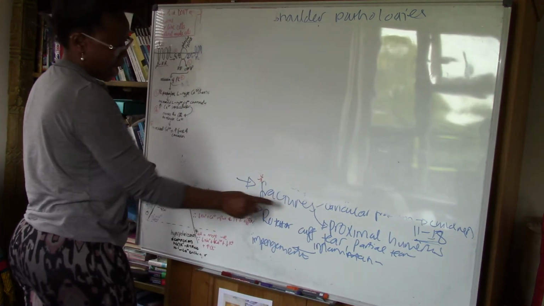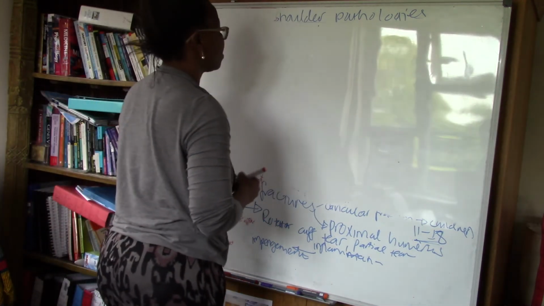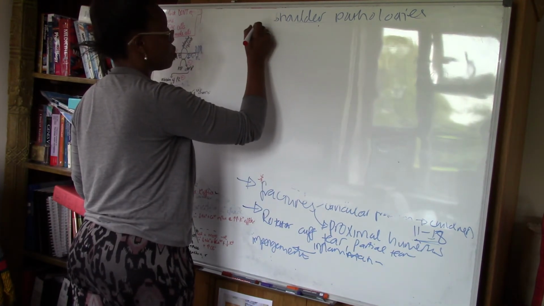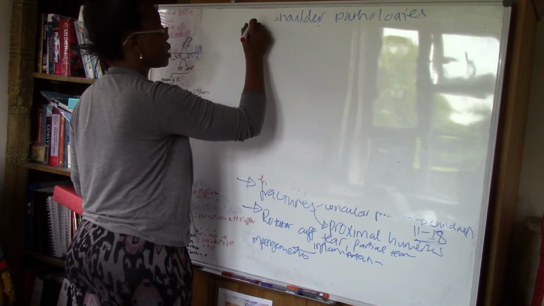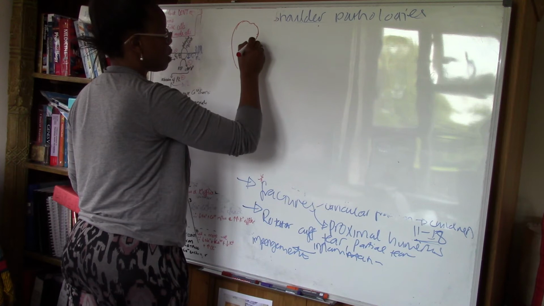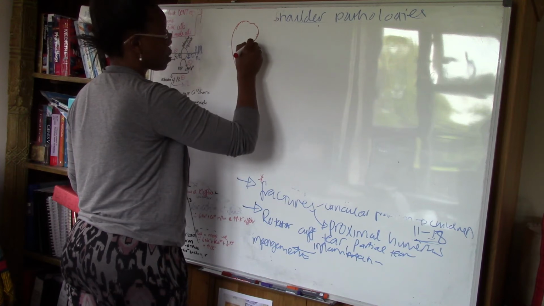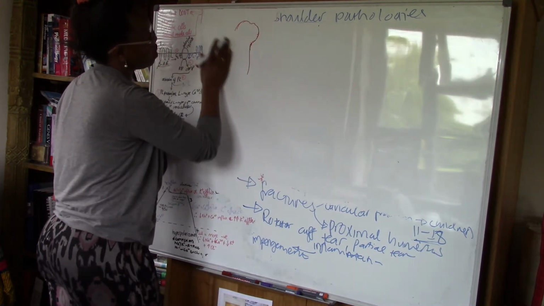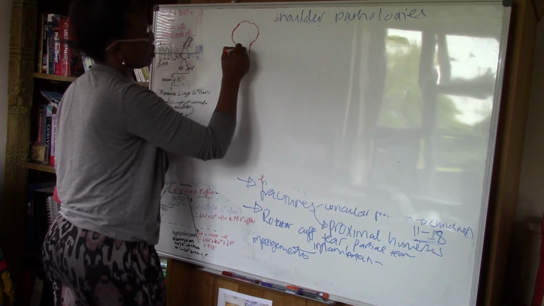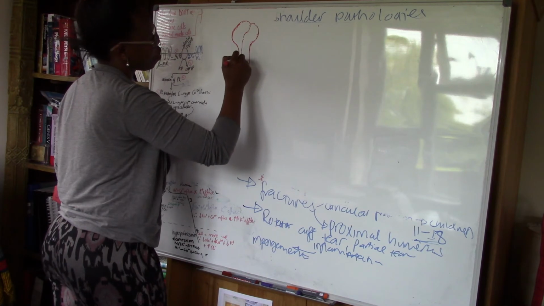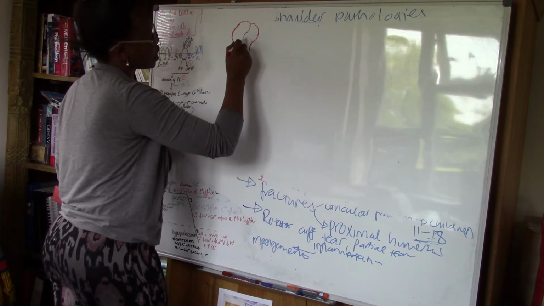So other fractures are the proximal humerus, and when we talk of proximal humerus fractures, we must discuss their classification. And their classification can either be based on the Neer classification,